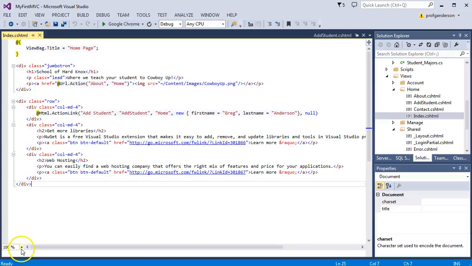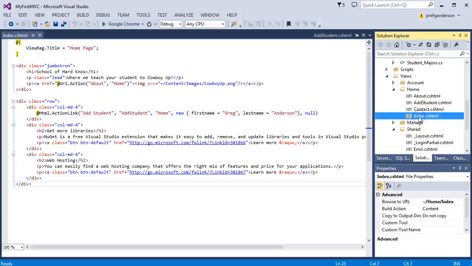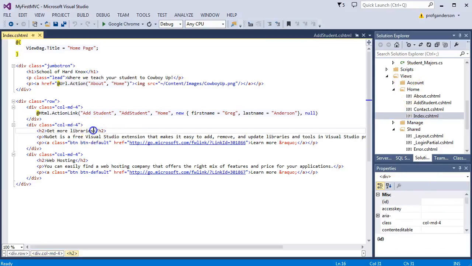Now that we have all the other pieces in place to work with the database, let's start creating our controllers and views and making them work with that data. So what I want to do is go back to our index view in the home page. There's Views, Home, Index, and I want to modify some of this text. We'll wipe this all out,